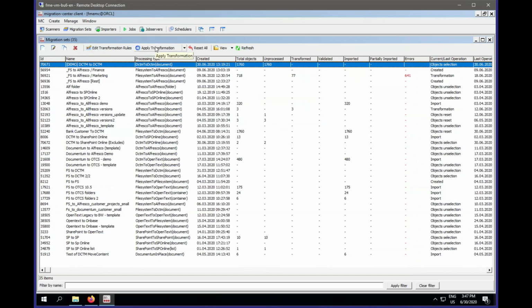So once you have set up the rules, which is 1 by 1 in this case, I click on apply transformation, and now it will be transformed in the background. So in this time, not the job server is doing the work, but the database layer. So that's very, very fast normally. So when it's transformed, you can have a look